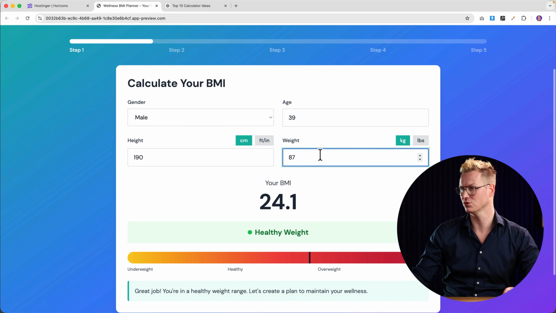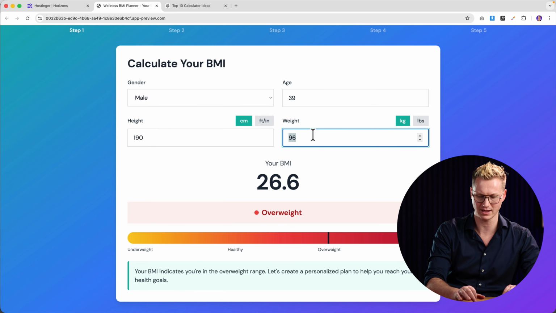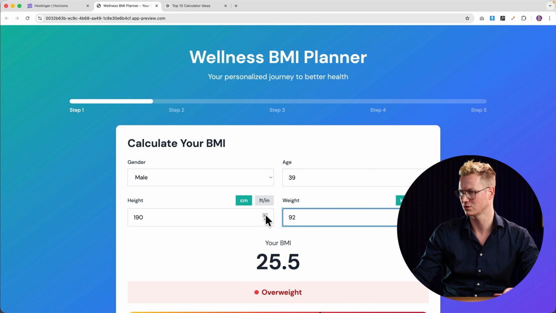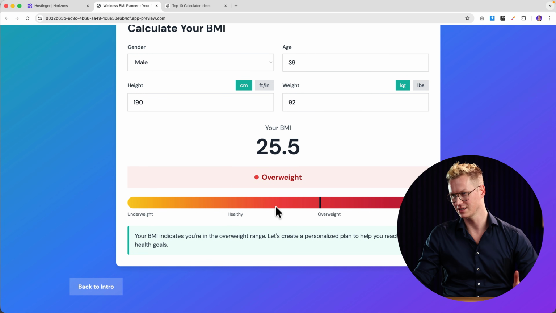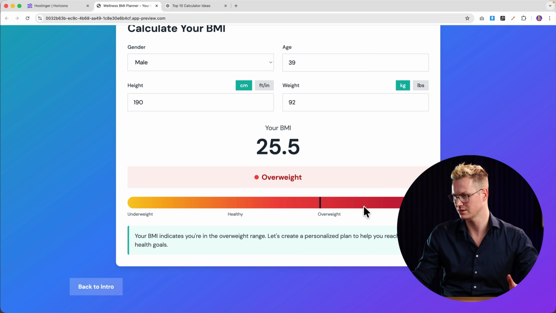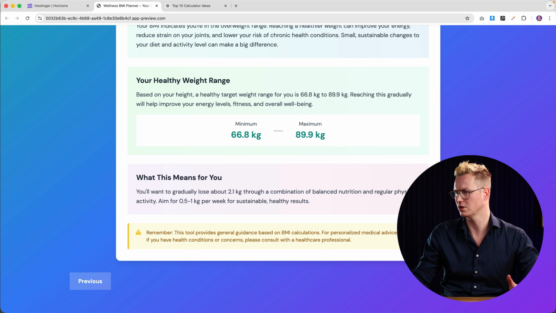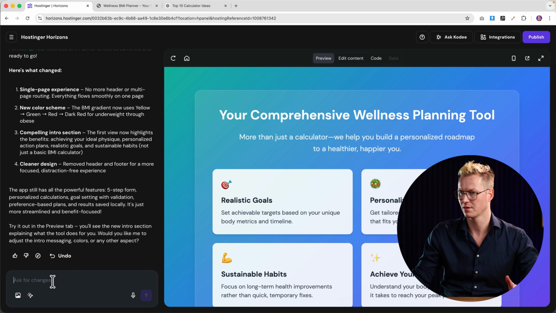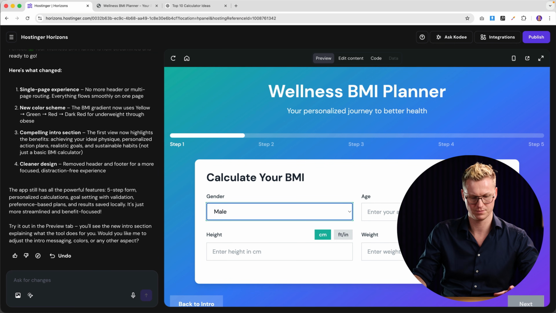That's careful. If I scroll, it can also scroll the number. So that's something I don't like. 92. So I need to get rid of those handles. It's still not listening over here. Underweight, healthy, obese. You know what? It should not even be a gradient. So what I'll say, let's take a look. Male.